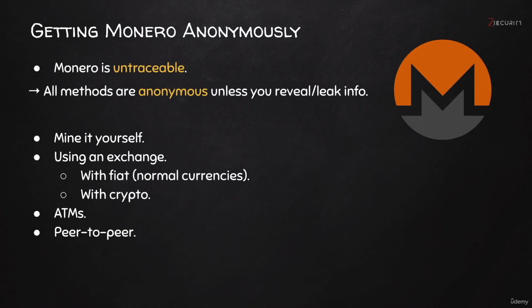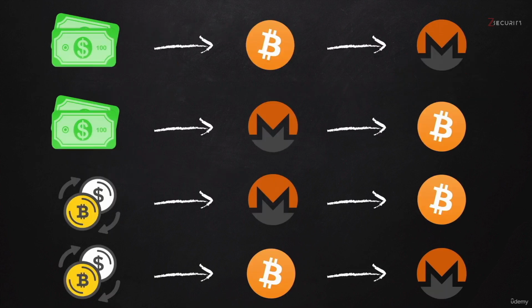Right now I'm only talking about Bitcoin and Monero, but there are a lot of different types of cryptocurrencies that you can exchange. So learning how to use exchanges will open the door to so many possibilities. For example, what you can do is use cash, so use an anonymous method to buy bitcoins, so you're already anonymous at this point. And then to increase your anonymity, use a crypto exchange to exchange bitcoins to Monero, and then you're very, very anonymous and very hard to trace.